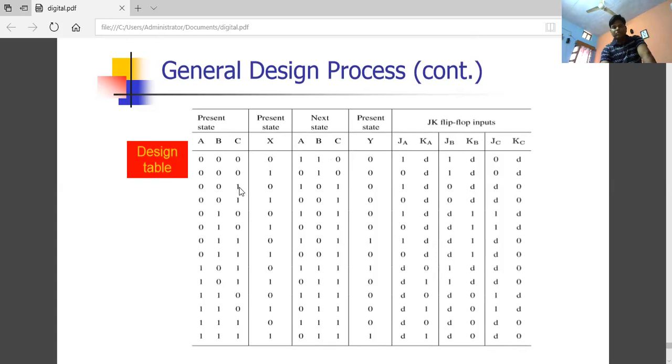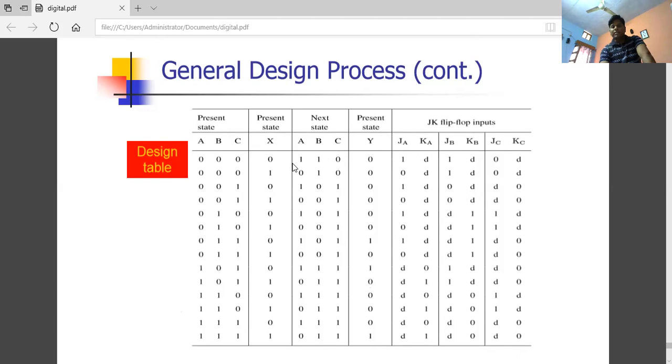0 0 0 0 0 0 0 0 1 0 1 0 0 1 1 1 0 1 1 0 1 1 1 0 1 1 0 1 1. Corresponding to S0, S1, S2, S3, S4, S5, S6 values, if the present input is either 0 or 1, what is the corresponding next state and what is the output value? S0 goes to S1, then what is the value of Y? When S2 goes to S4, then what is the corresponding value? We have to fill these in.